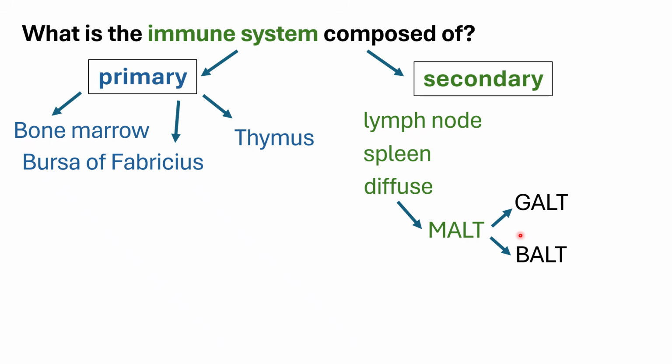If it is somewhere near your respiratory system, the term for it is bronchus associated or bronchial associated lymphatic tissue. And of course, another version of your diffuse would be your tonsils. Maybe you already have an idea of your tonsils, and this is actually found in the alimentary tract, in the initial segments, right, in the throat area. So again, later we will be talking more about the structure of these secondary lymphoid organs.